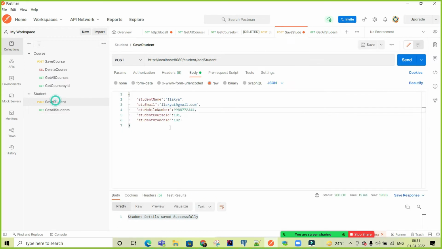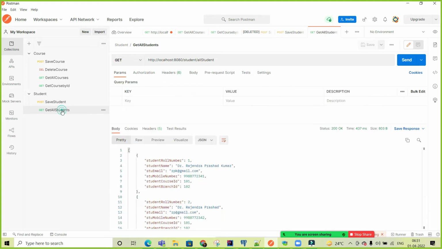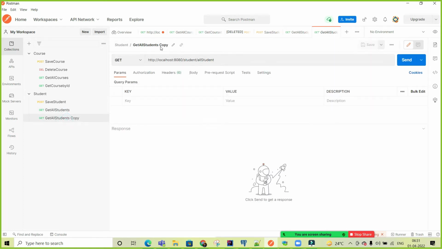I'm saving all things. Now there is no need to enter them again and again. Now I am making a duplicate and renaming the copy to get student detail.